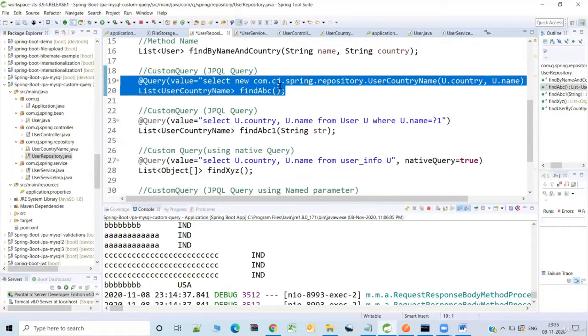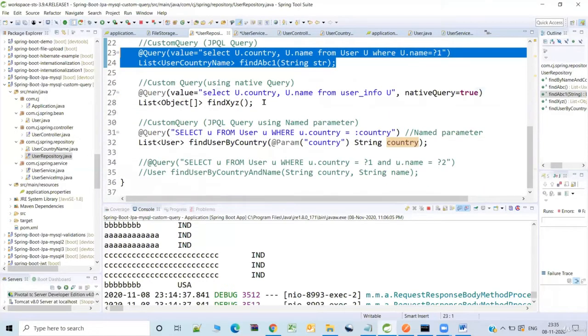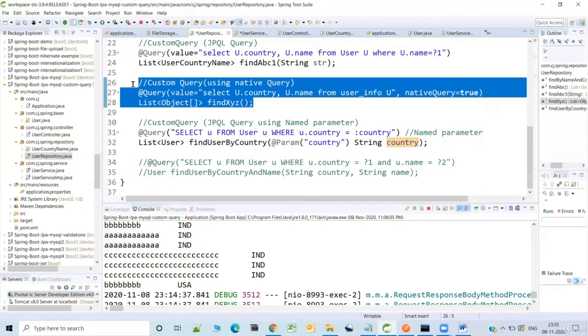This is a JPQL query. This is also a JPQL query. This is a native query. So whether it is a native query or a JPQL query, the method implementation is being generated by Spring Boot JPA.